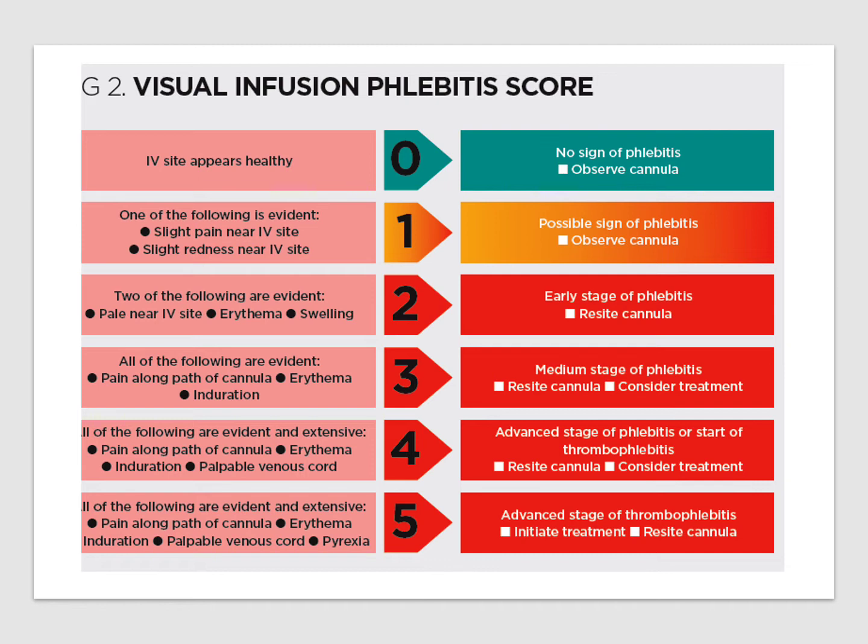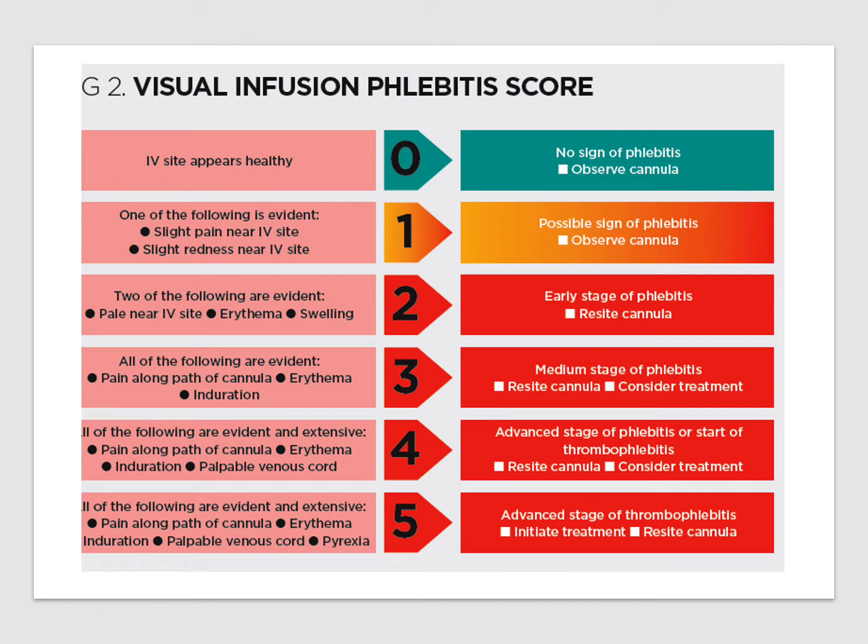Induration, by the way, means there is some loss of elasticity and pliability of the skin, so that there's some hardening. Induration means there's some hardening of that soft tissue, and then a palpable venous cord is like there is a hard cord-like feeling inside the site. And the interventions for that are to definitely take it out, resite,